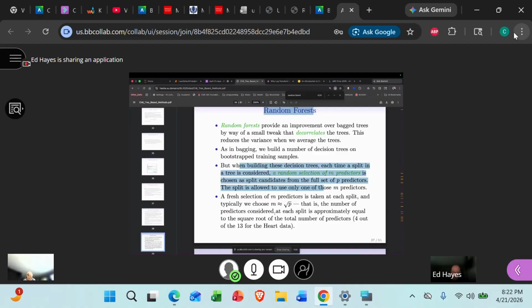And he tells you a rule of thumb is that we choose m to be the square root of p. So in our case, if we had 16 predictors, variables that define a baseball player's value to a team, we would take the square root of 16 and would only use 4. This is a rule of thumb that they do. Okay, and random forests get a vote. And then the final and the ultimate